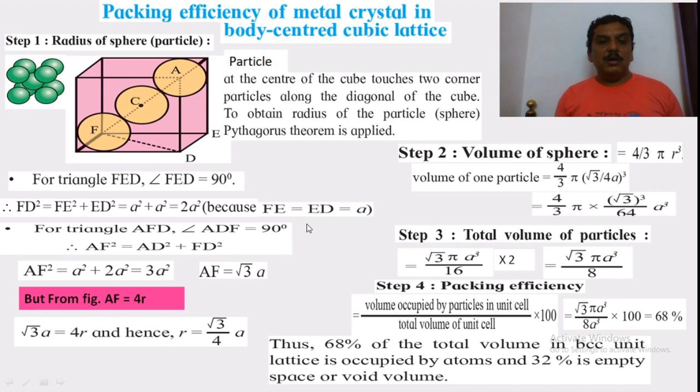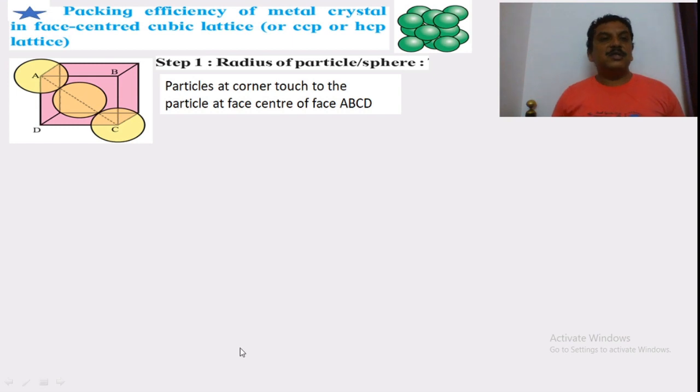We have to remember the relationship between R and a: R is equal to root 3 by 4 a, or if we calculate this value, R is equal to 0.433a, and in case of simple cubic R is equal to 0.5a, which we have calculated already. Now we will see the packing efficiency of metal crystal in FCC, that is face centered cubic lattice,